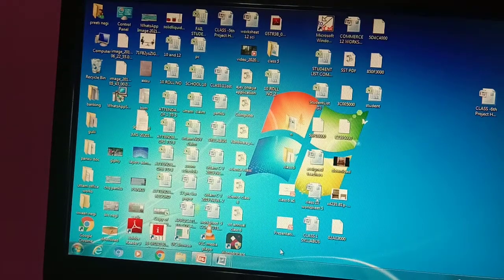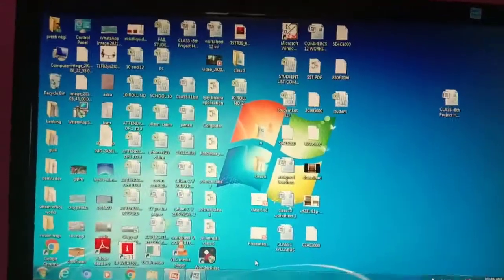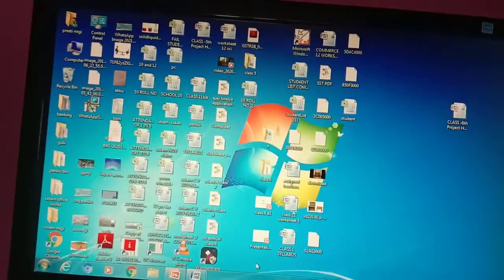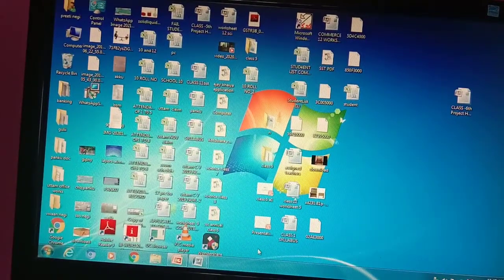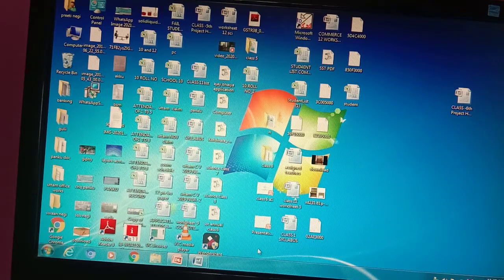Students, you all know that we have already completed chapter 3, that is Microsoft PowerPoint. We learned about the different things in Microsoft PowerPoint. As you know, our unit exams are near, so we are not going further. Your chapter is completed. Now we are revising the previous chapters that are coming in your unit 1 exam.